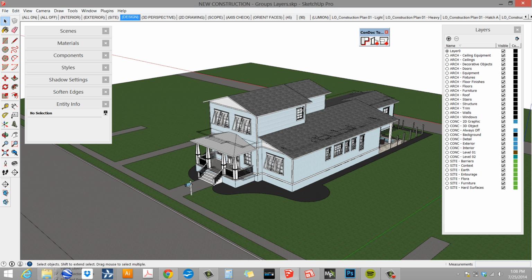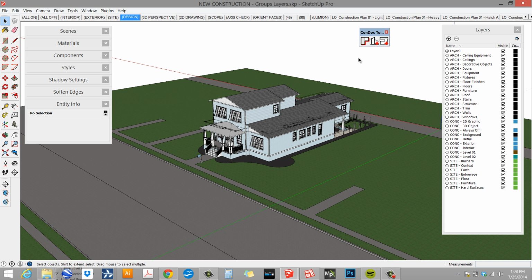Now we do also want to run or add some elevations and sections. So you've got these other tools, and this is pretty cool the way this works. So I'm just going to scroll all of these scenes over so we can see what happens. We're going to add some elevations. So I'll click once here,